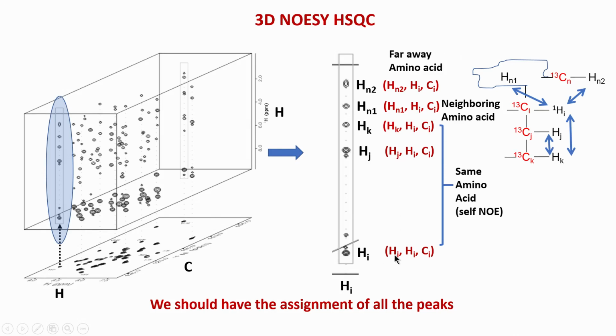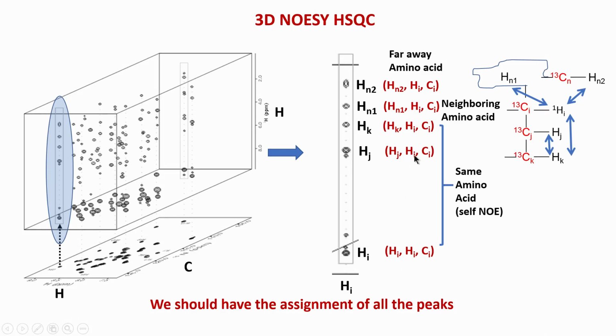Now, look at this here, this is Hi to Hi. Now, what is Hi to Hi? There is no concept of distance, it is not zero distance, there is no distance at all. So, we do not consider the diagonal peak at all. This is what I have been telling earlier also, the diagonal peaks are of no use in an NMR experiment, be it NOESY, be it TOCSY, be it COSY and so on, because they do not show any new information, they are only correlating the same atom to the same atom.